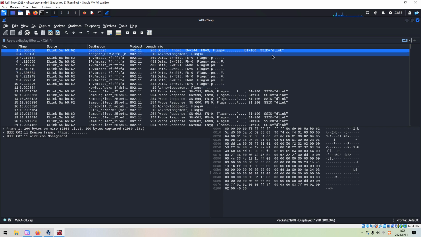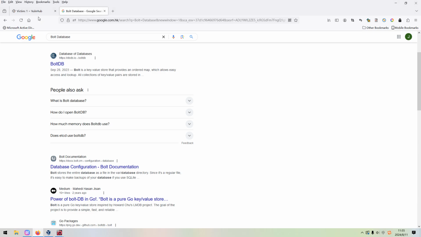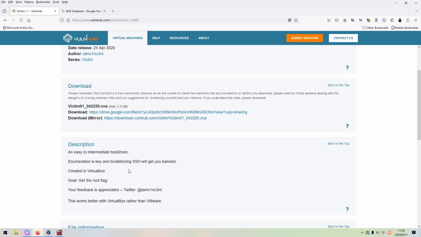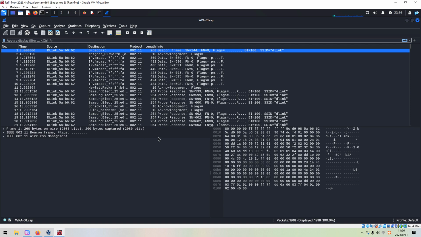So maybe we can use this SSID as username. However, the author has already required us not to do the brute forcing. So next, we can use the Aircrack suite to crack the password.